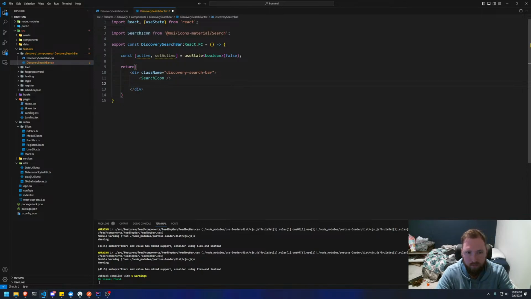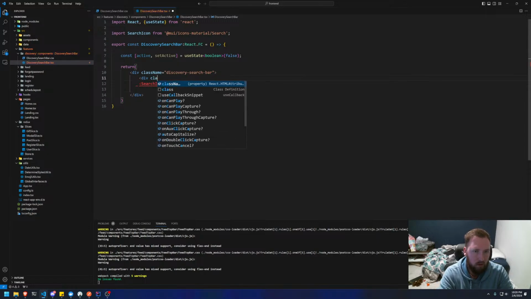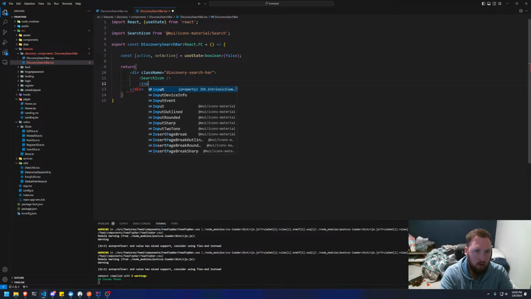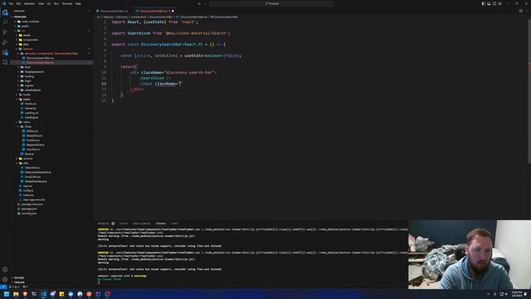And this will need some sort of stuff on it. And we might also wrap this in a div. Well, can we put an onClick on this? Sure we can. Well, it'll probably be fine because it's going. Well, basically, we can set it underneath or something. That's fine. Input className will be equal to discovery-search-bar-